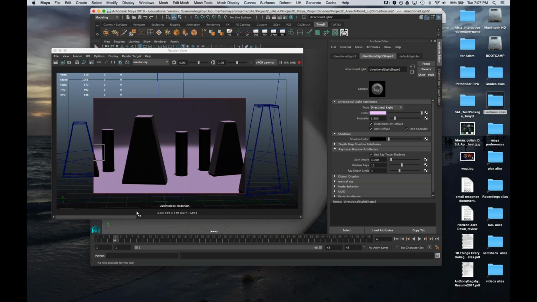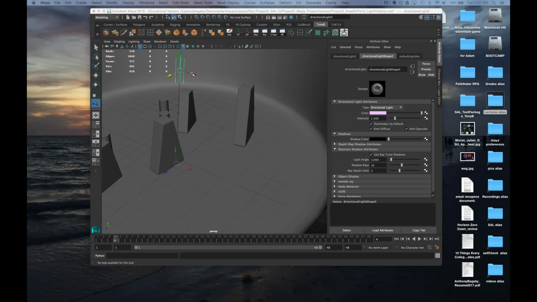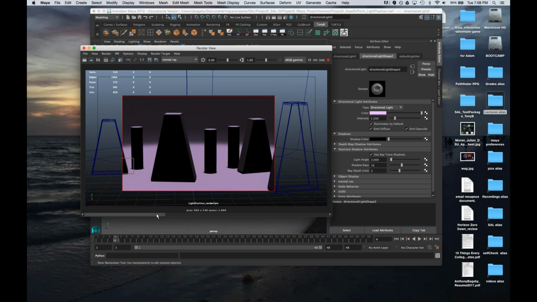There we go. Oh, and I need to adjust the light angle again because it's too far back. So there we go. And we're starting to look pretty good there.